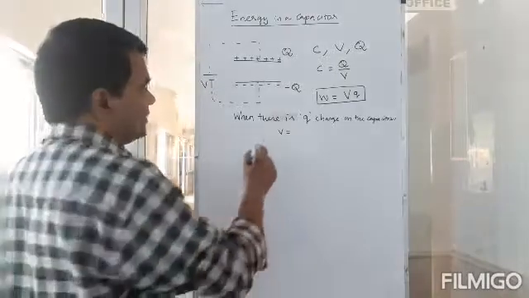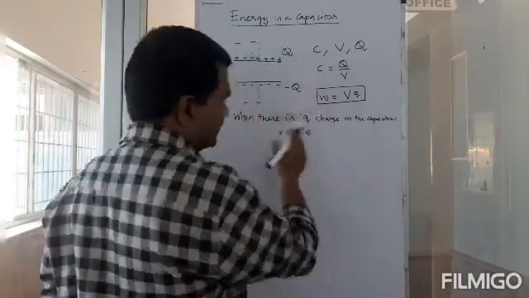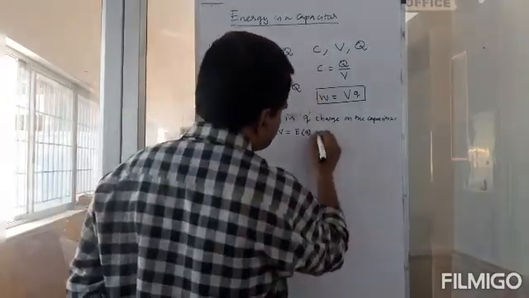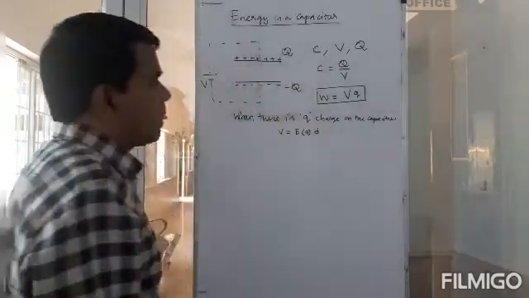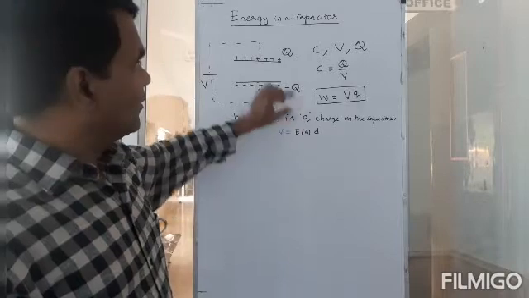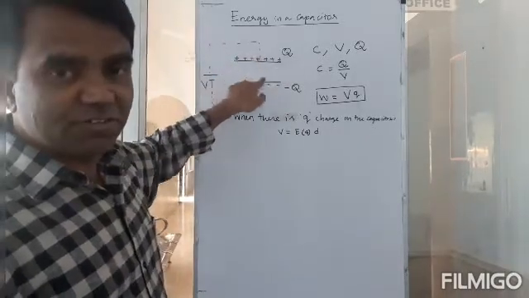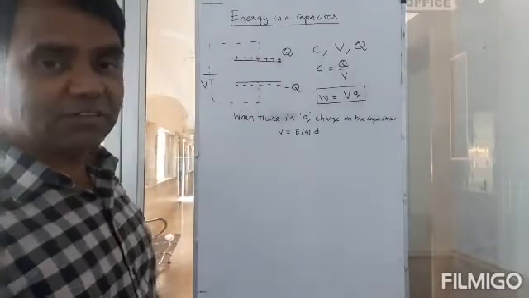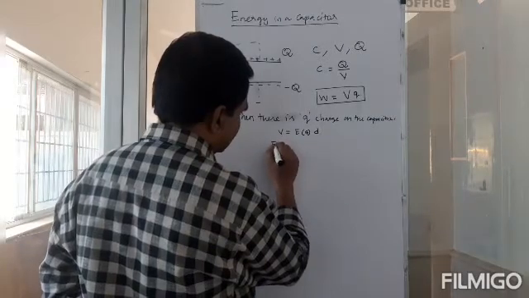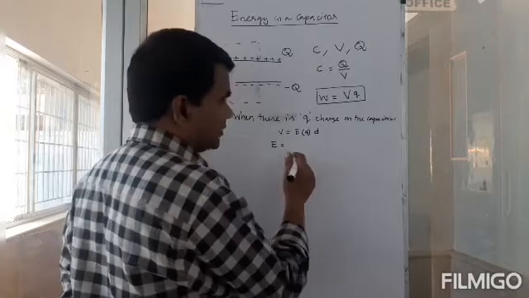E into d, right? E at that time, E as a function of q charge, and d is the distance. But what is this E(q)? The field when there is small q amount of charge on this. So how do we calculate that? My E is going to be equal to,